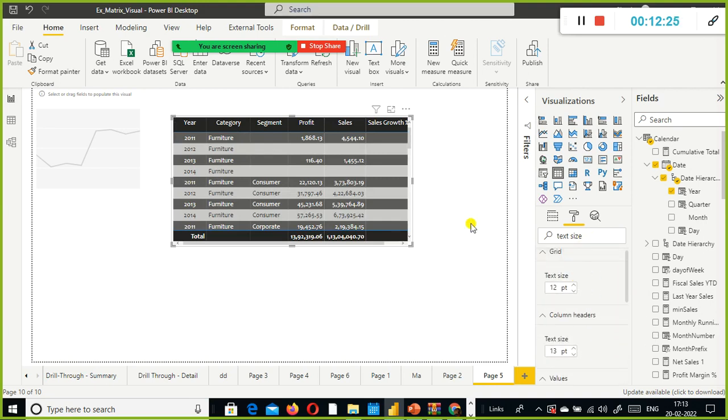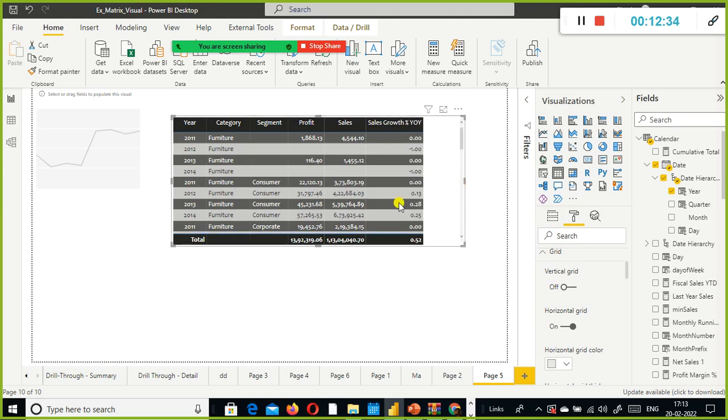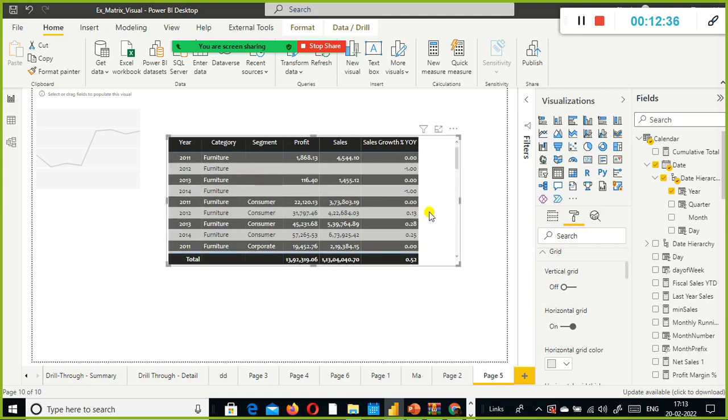Okay, the next one is, so in one go we are able to specify the font size and font style for all the values here. And here we can specify the title.